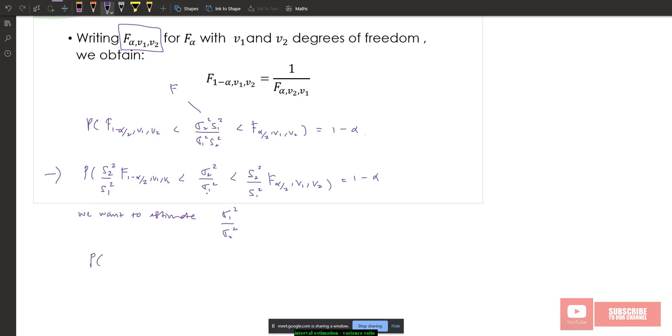will be inverted. So this one should be s1 squared over s2 squared. This is going to be 1 over f alpha divided by 2 v1 v2, right? We invert everything, right? So this is s1 squared, s2 squared. This is 1 over f 1 minus alpha divided by 2 v1 v2. So this is 1 minus alpha,